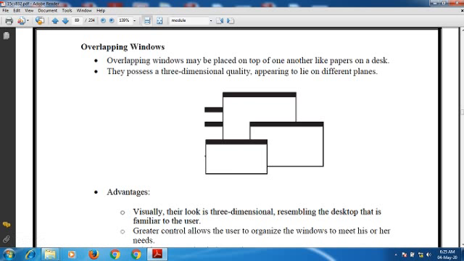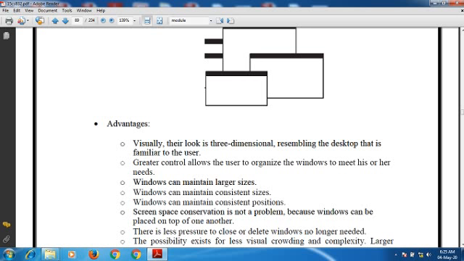The end user has greater control, and with this mechanism the user can easily organize these windows according to his needs. We get certain flexibility in this case.